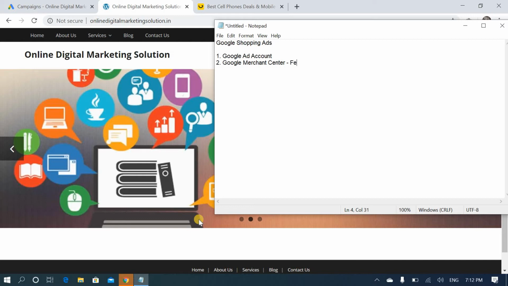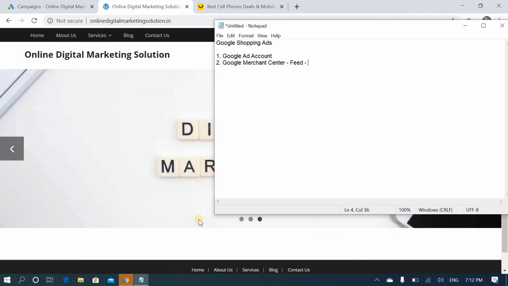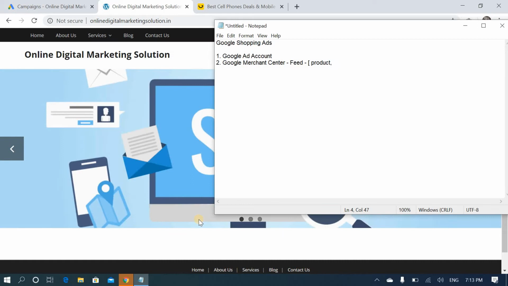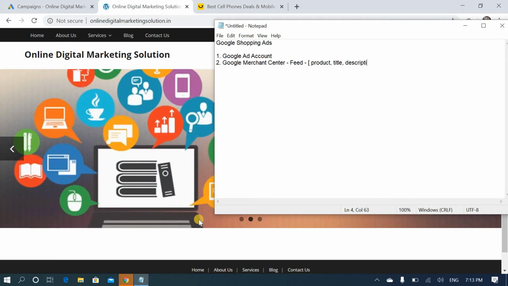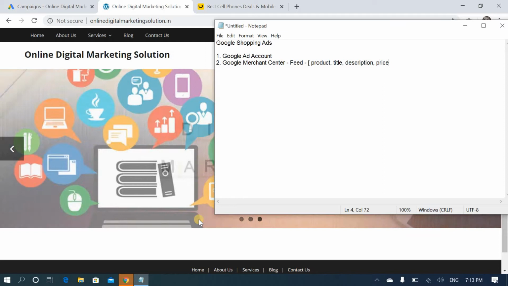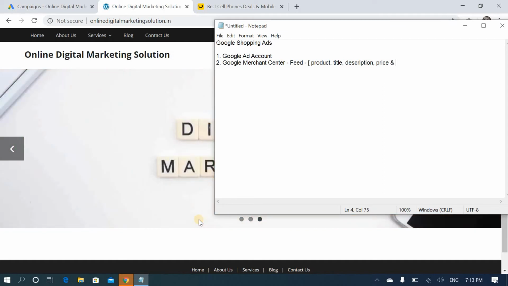So one option is a feed. In this option, we have to enter all our product details like product title, description, price, and image.